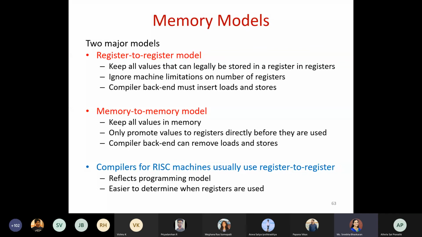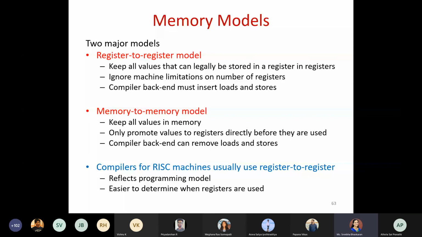If you are not worried about the computation time and all, and your system is good enough, then you can go for the memory to memory model. That means you can keep all your values in memory itself, and based on your requirement, you can take the contents, that is, load store instructions you can do. But when you are doing the load store instruction, the number of cycles required will be more.